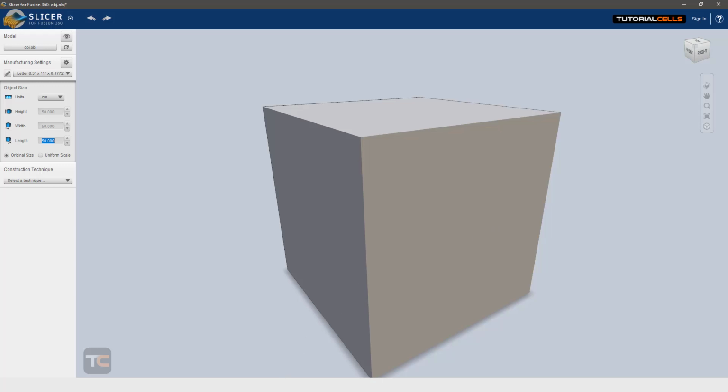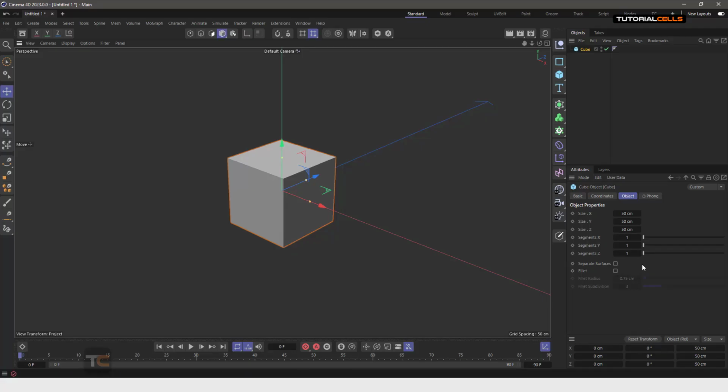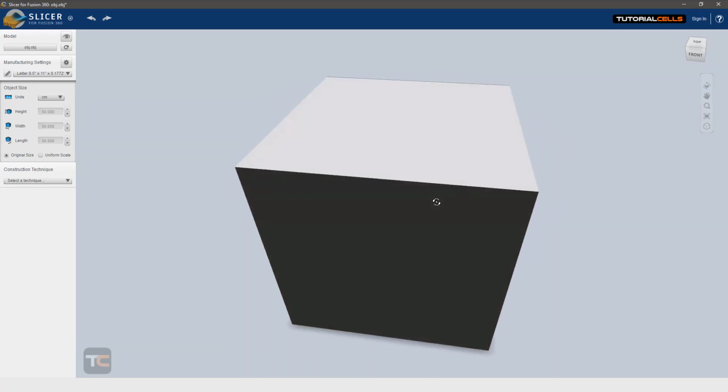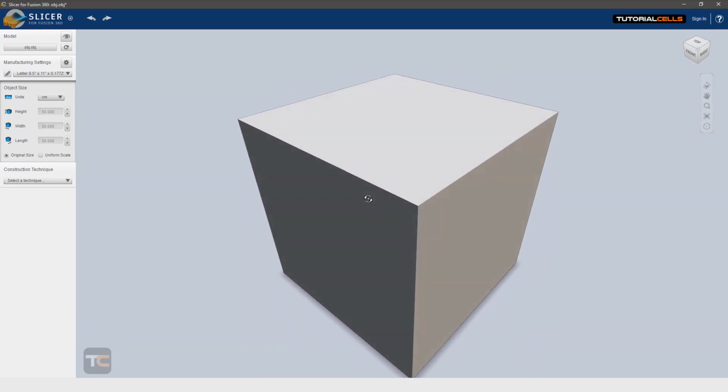For example, change your software unit to millimeter, and then import your model in millimeter, because some softwares connected to the 3D laser or 3D printer are always in millimeter, and they scale and convert your model, because the software connected to the laser or printer is not very powerful and just understands millimeter, and it causes lots of problems. So change your model unit in your